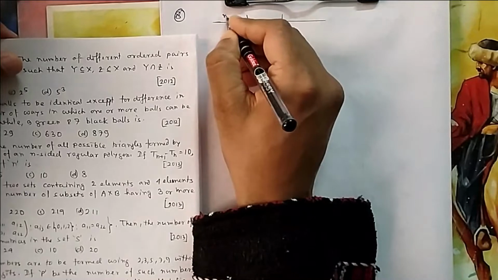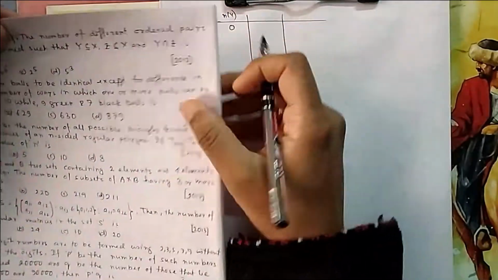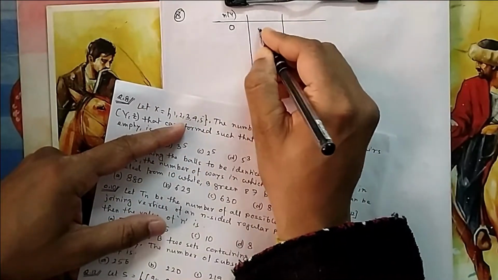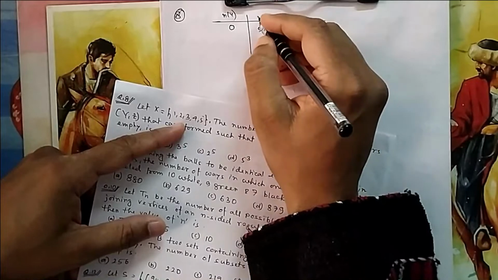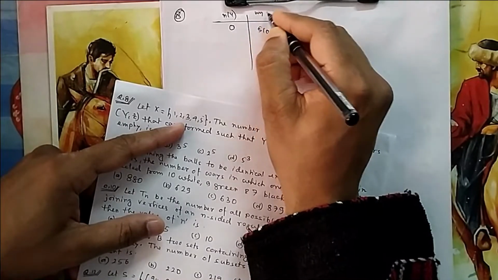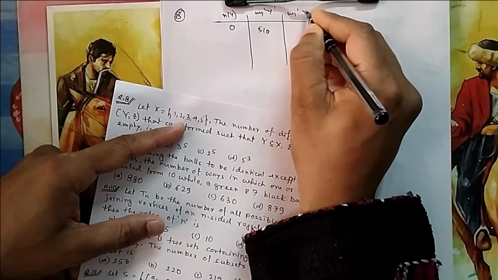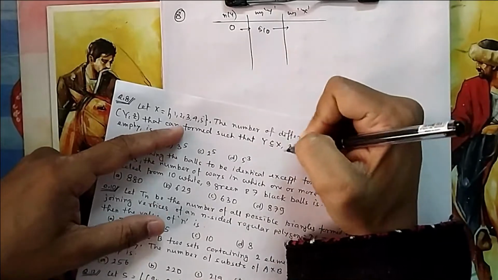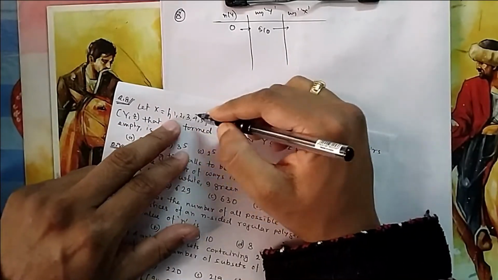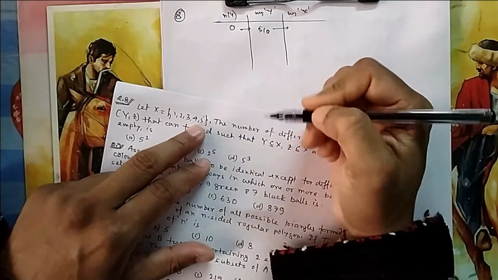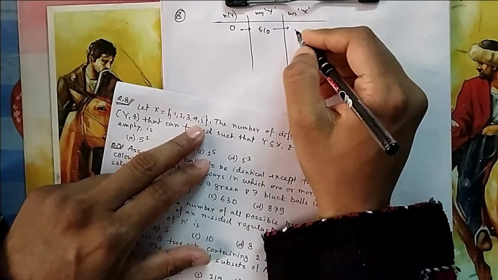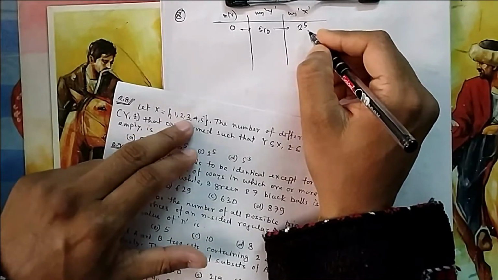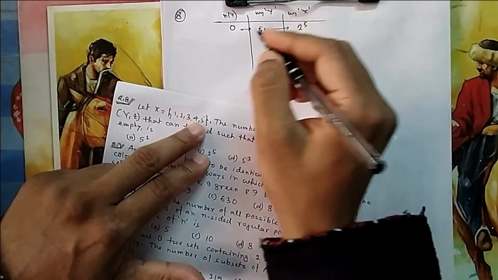Suppose in Y you are putting 0 items. You can put 0 also in Y because that should be a subset. So how many ways to put 0 items? You don't select anything out of these, 5C0. So that is the number of ways to make your Y, and then the number of ways to select your Z. Now once you have done this, Y you have put 0, now for Z you can put anything. So in how many ways can you select anything out of these 5? You can select 0, 1, 2, 3, 4, 5, anything. So that is 2 to the power 5. 5C0, 5C1, 5C2, 5C3, 5C4, 5C5. That is 2 to the power 5.